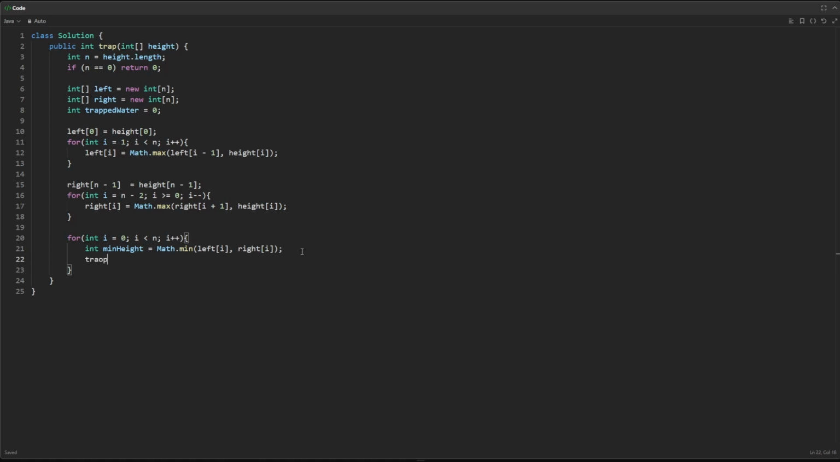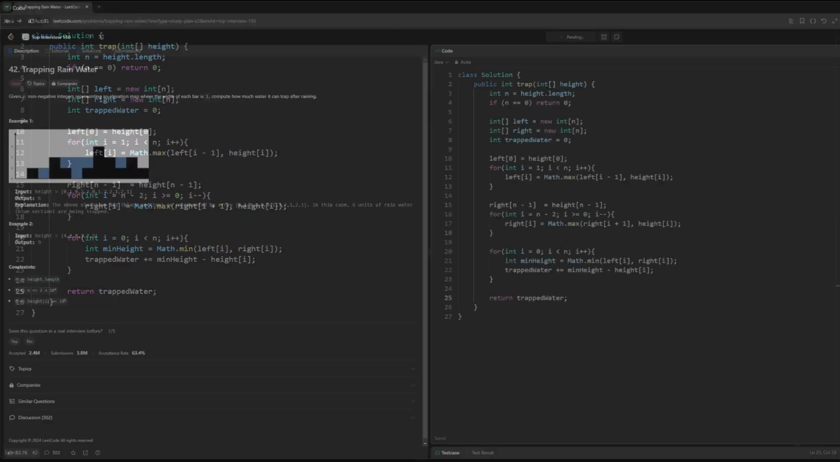And then we will do the little bit of maths, which is pretty self-explanatory. For trapped water, we want to add to our integer the min height, take away the height i. Then we can return trapped water, and assuming everything is as it should be,